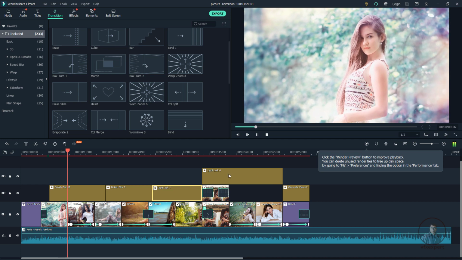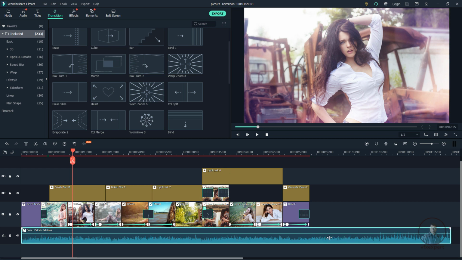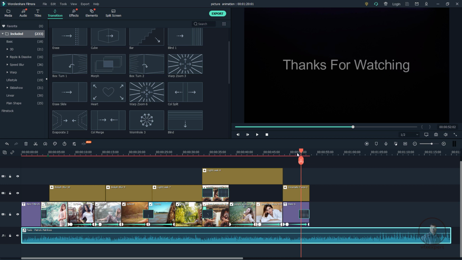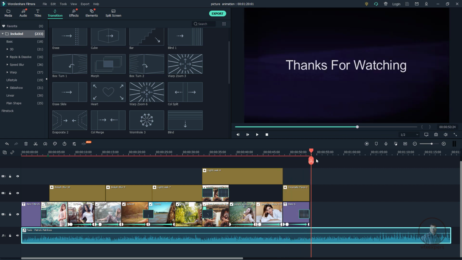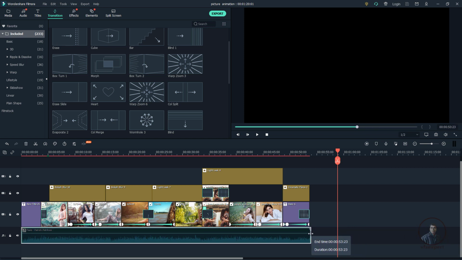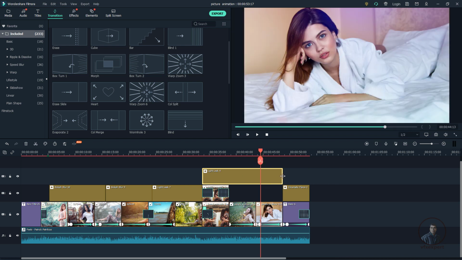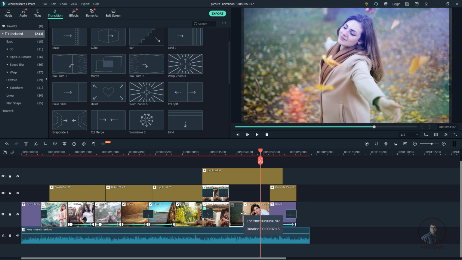Now we are ready for export, and we have to render our final video from Filmora. But before exporting, we also have to trim this audio, because if you see here, this is our last text and the audio is still visible. So we have to trim the audio according to our images. Now just go to the end of this audio and trim it. Like this, you can trim any layer inside Filmora. You can also trim this one, and even trim your picture according to your requirements.